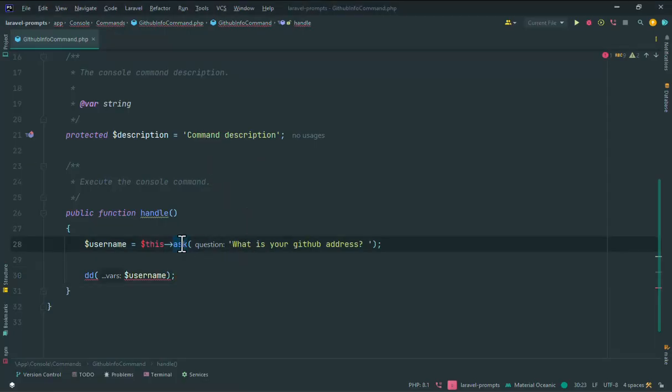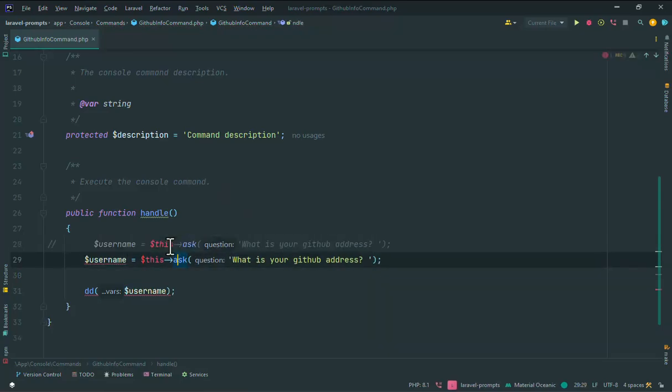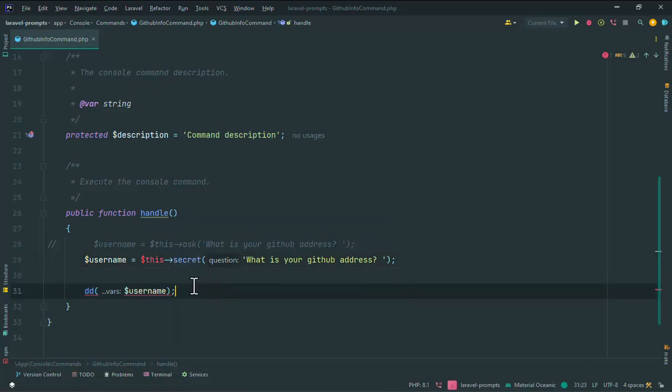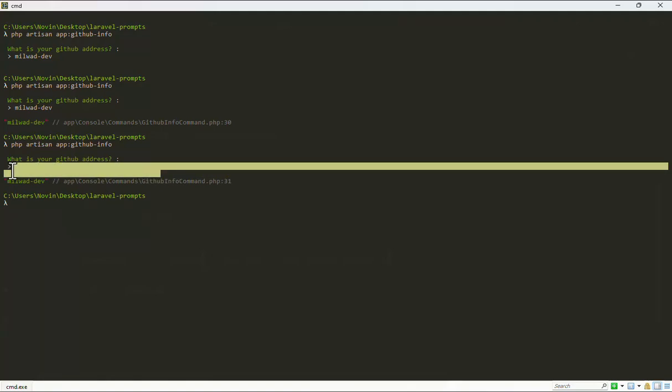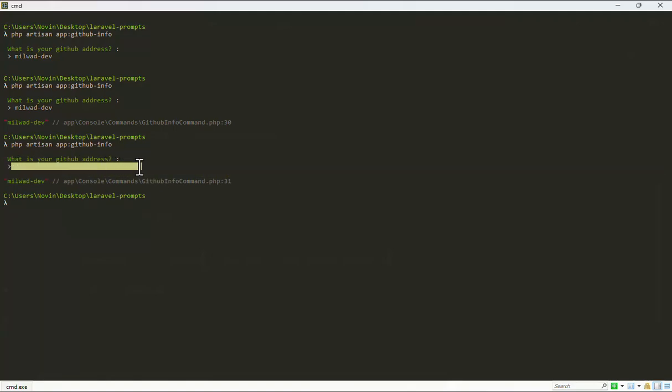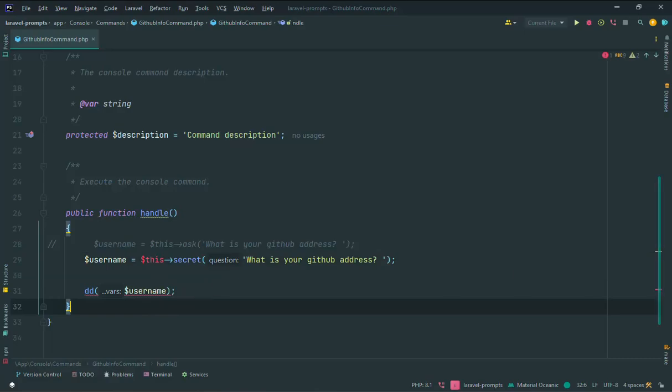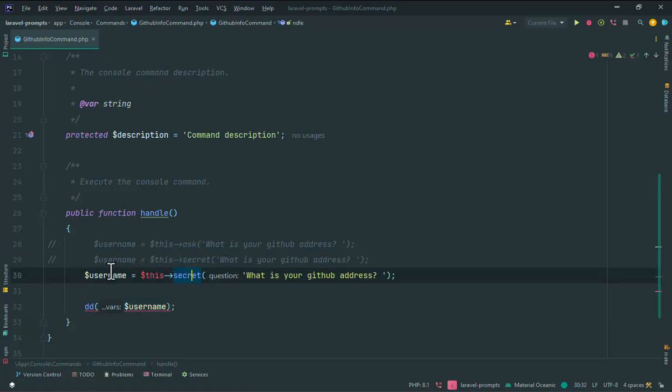And also you can use the secret method, which is used for passwords or security information. For example, when I write my GitHub username, there is no text or string showing. And I have another one, for example,